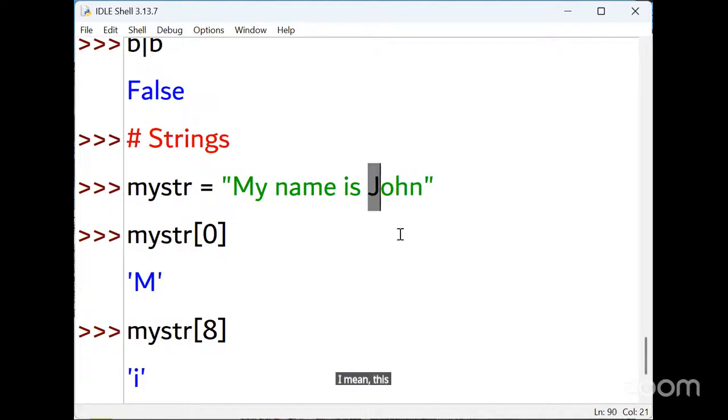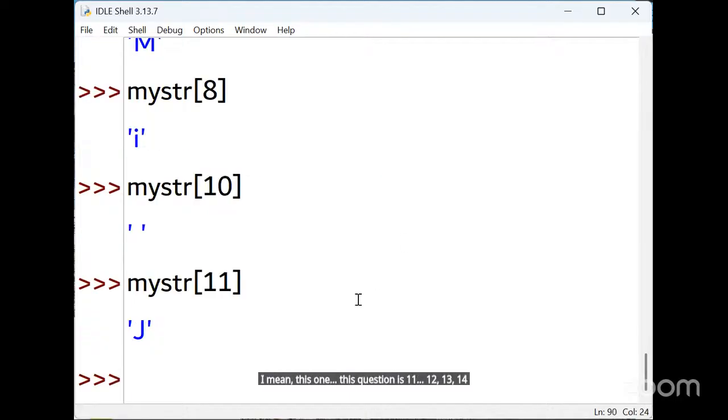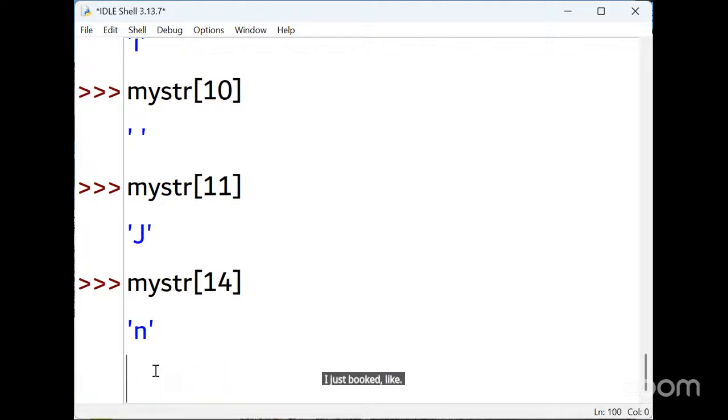This position is 11, 12, 13, 14. So N is the 14th position. So I print my str and put 14. Can you see it is printing N? So, okay with this.